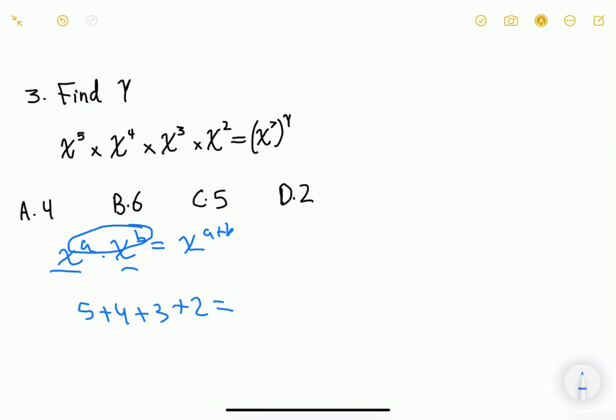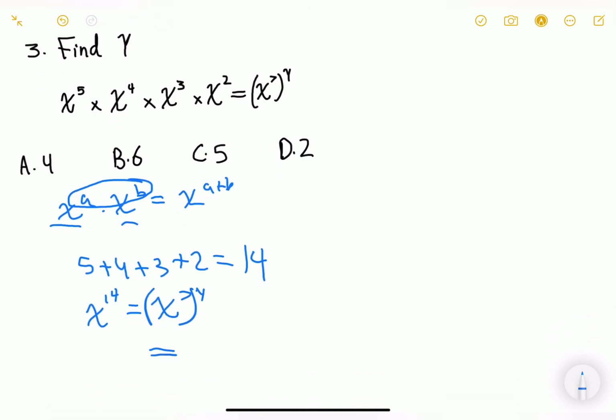It's going to equal 5 plus 4 is 9. 9 plus 3 is 12. 12 plus 2 is 14. So it's going to be x to the power of 14 equals x to the power of 7, and then we have y. But we know that 2 times 7 equals 14, so we automatically know that the answer is 2. But to go about it in an algebraic way, we're going to put 14 equals 7y, and then we're simply going to solve for y, and then it's going to give us y equals 2,